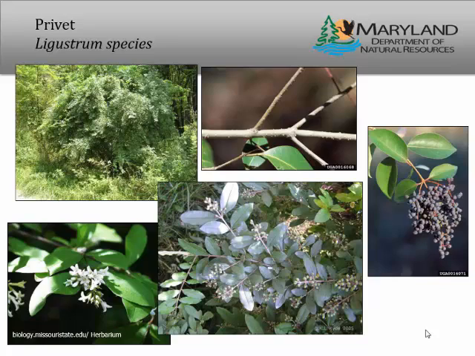Privet. Here's another one that there are many different kinds of. They can be semi-evergreen or evergreen. Again, planted as a landscape species, and then thanks to the birds and the wind and everything else, have spread into the edges of the woods and further. So they have opposite leaves. They can either be evergreen, or they might lose some or all of their leaves in the winter, depending on what kind it is. And they'll get those kind of currant-sized, dark bluish, blackish purple berries on them that help them to spread around.